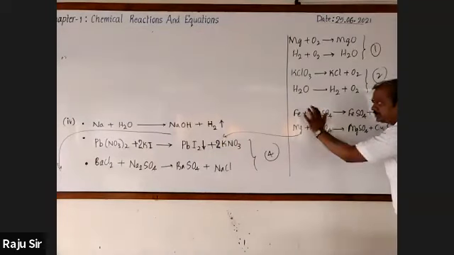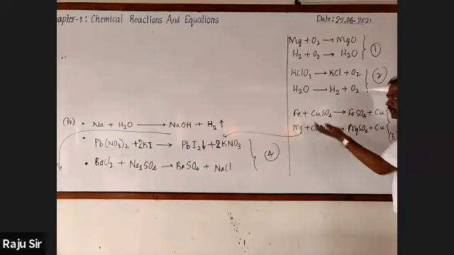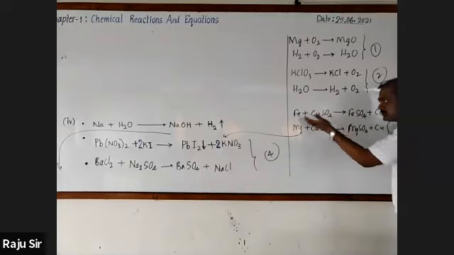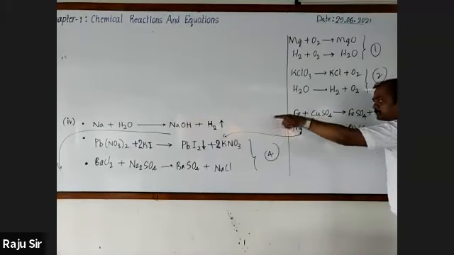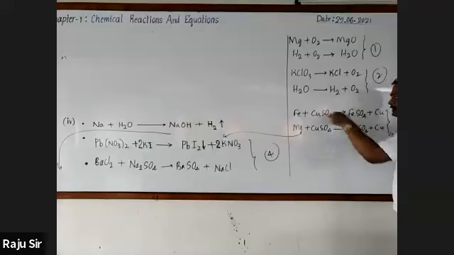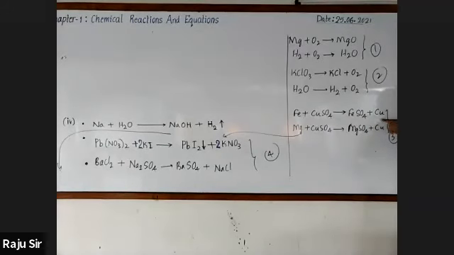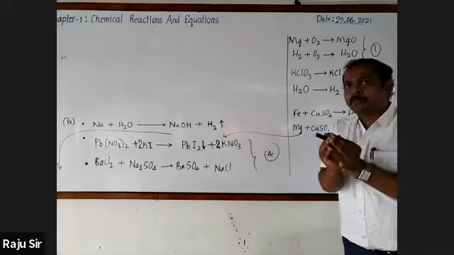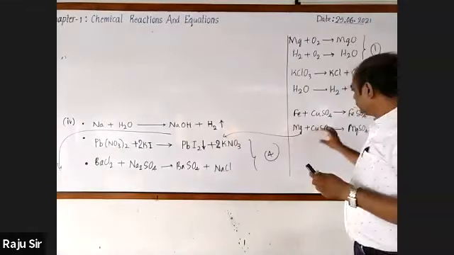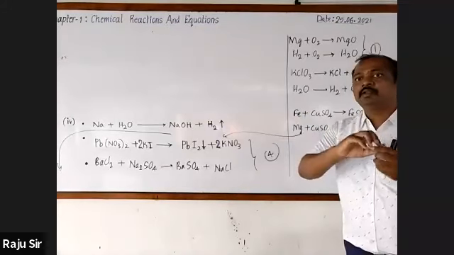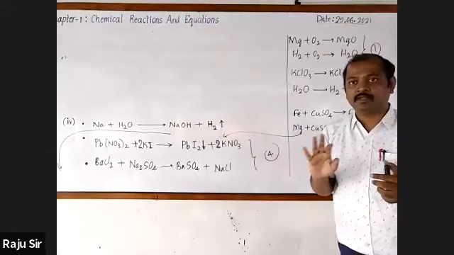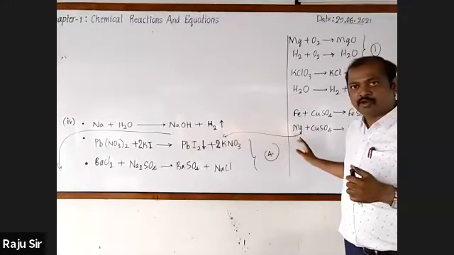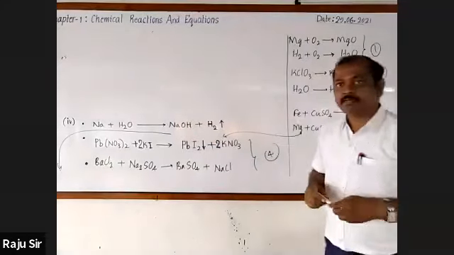Look at it. In this chemical reaction, you know that iron is more reactive than copper. As it is more reactive, it will displace the copper from its solution, and we got this. Similarly, even magnesium is more reactive than copper. Hence, magnesium displaces it, magnesium sulfate is formed and copper gets separated. In a compound, if there is a weak element, then it is removed by the strong element. Followed?